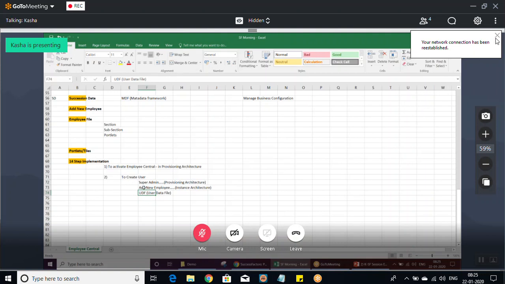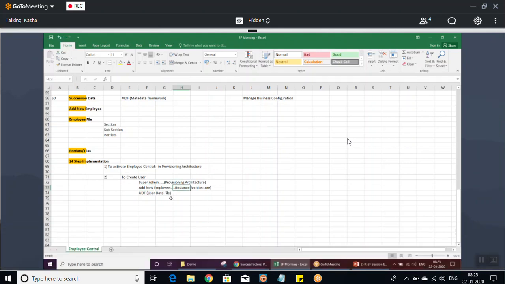You can create your user. Add new employee, I have already shown you yesterday how you can create a user using add new employee, right? And that's something which I've already shown you. But other detail like how you create it from the super admin and UTF, that's something which we will see